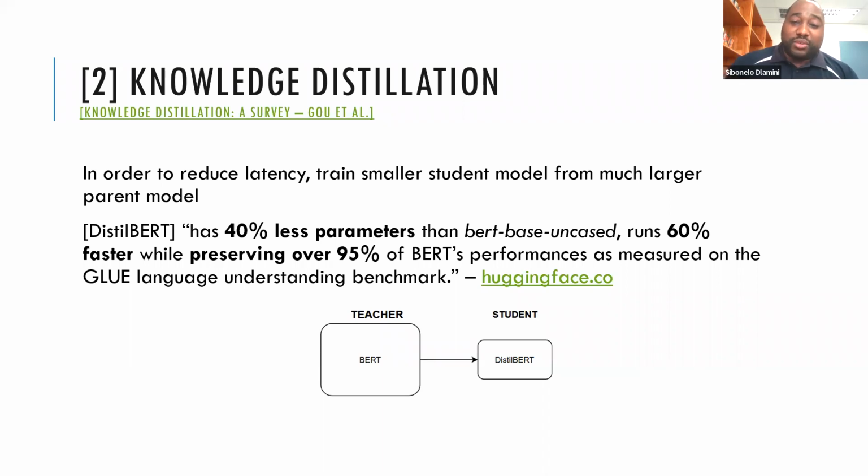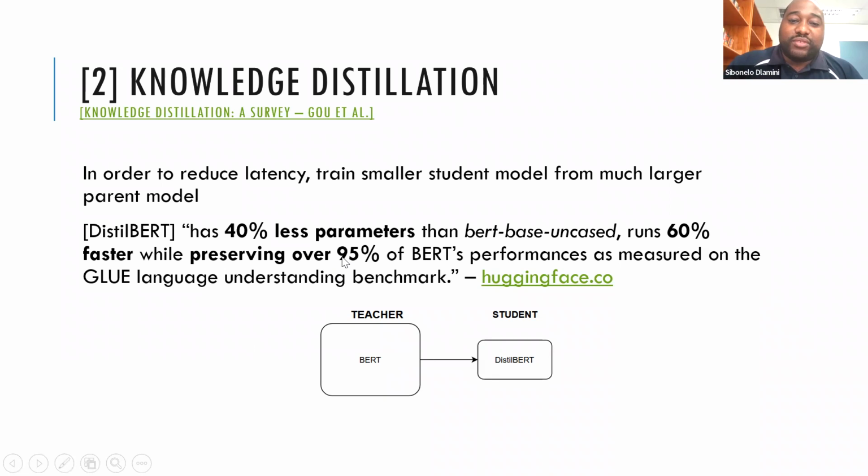So in terms of size, it's 40% less than BERT base uncased, runs 60% faster, which is great because it means that if you're building your technology with this transformer model, you're going to get your responses much faster, and there's not going to be latency, or as much latency, while preserving